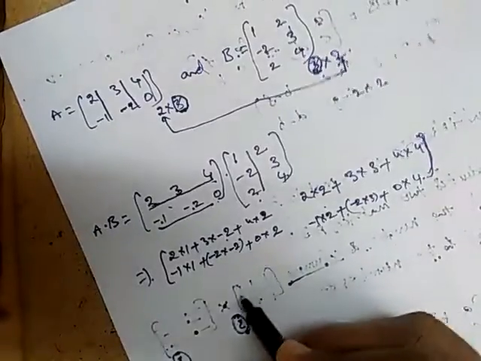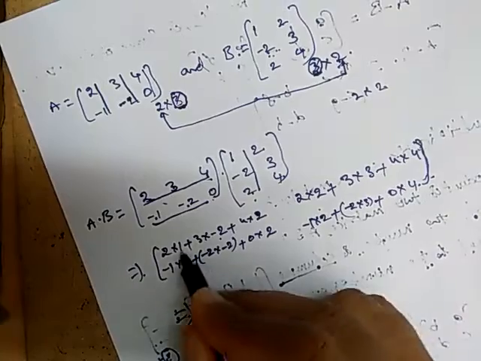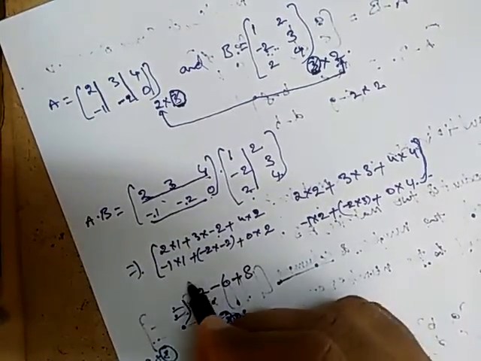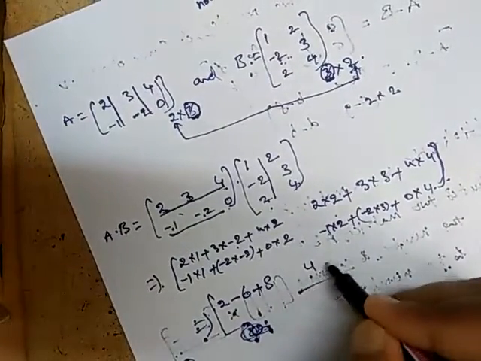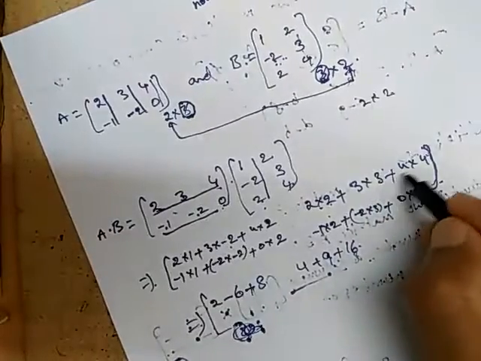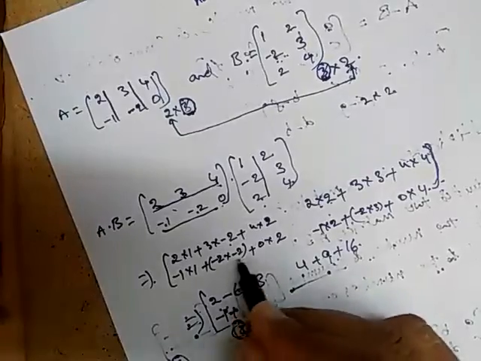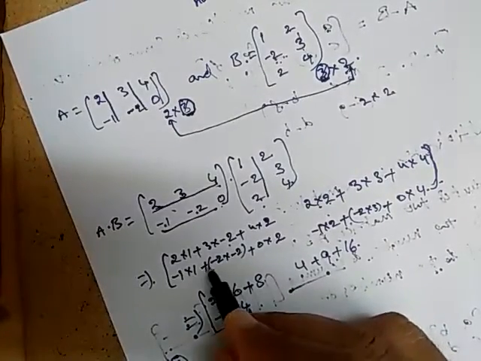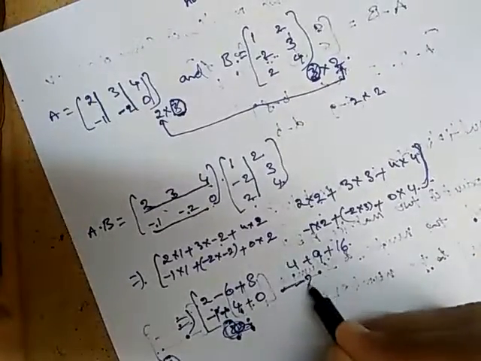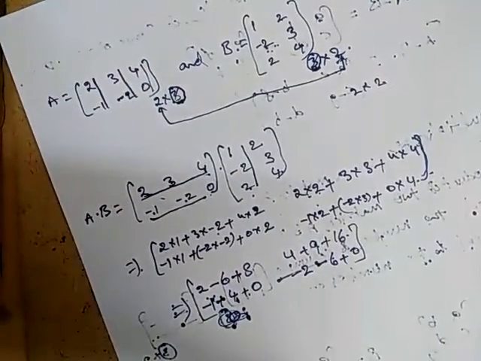Now, the resultant matrix is 2 into 1, 2, minus 2 into 3, 6, plus 8. 2 2 is 4, plus 3 3 is 9, plus 4 4 is 16. Minus 1, plus 4. Minus of minus is plus, plus into plus is plus, plus 0, 0 into something is 0, minus 2, minus 6, plus 0. So therefore A into B equals